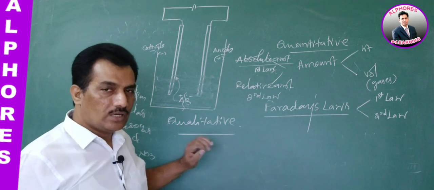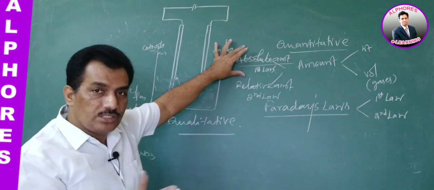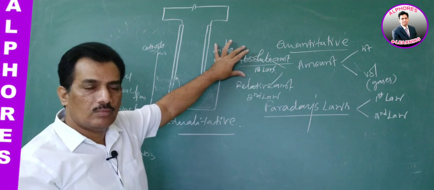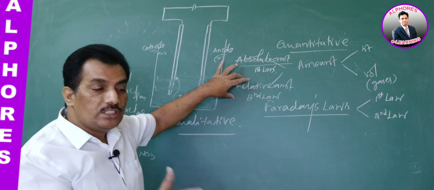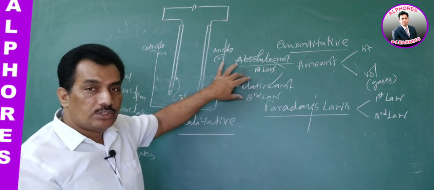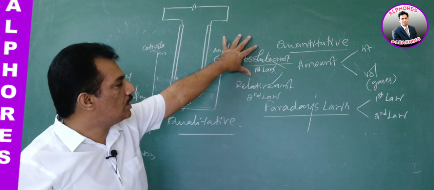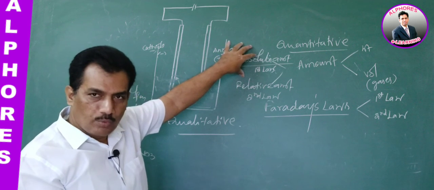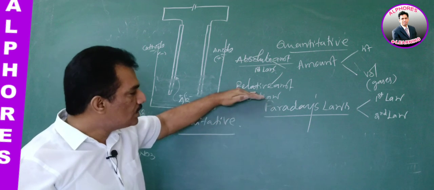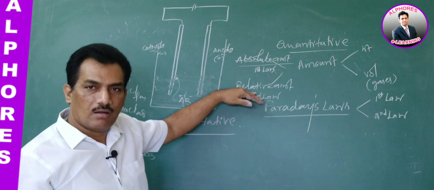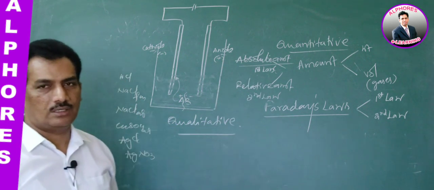Are you following? Are you clear with this one? Relative amount, simply we are measuring how much of a particular substance is deposited or released. That is absolute. And relative is, if one substance is deposited this much, how much of the other substance is deposited. Relativity is measured. To measure the absolute amount of the electrode product we adopt the first law of Faraday, and to measure the relative amount we adopt the second law of Faraday. Clear? This discussion we will continue in coming sessions. Clear? Thank you.